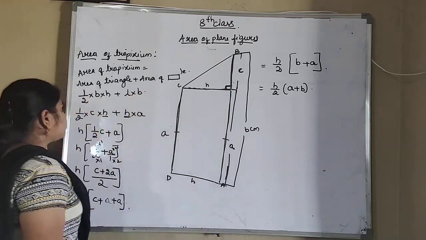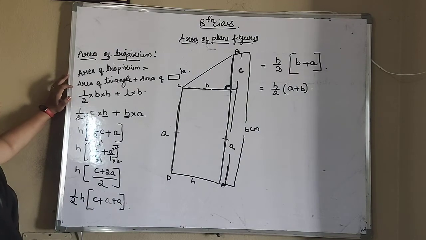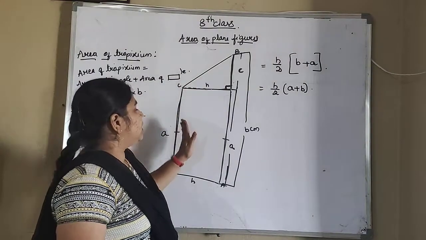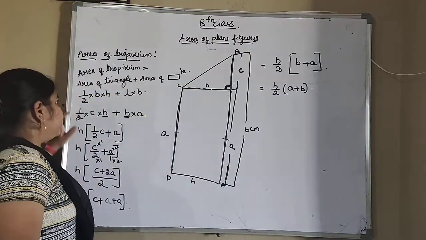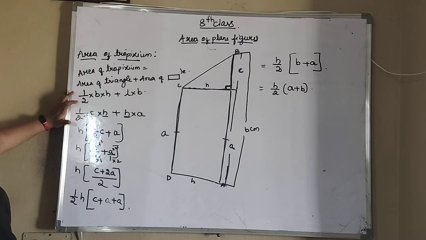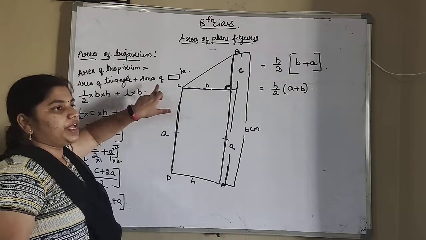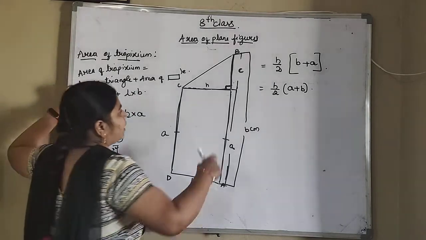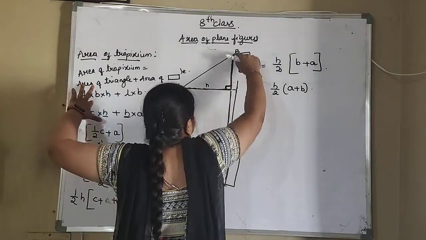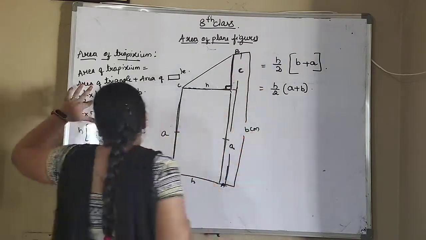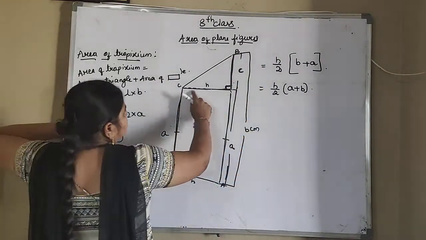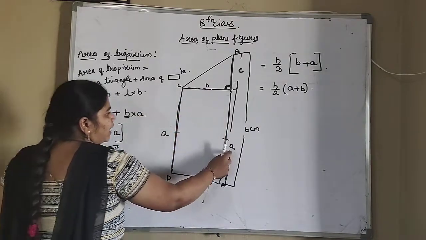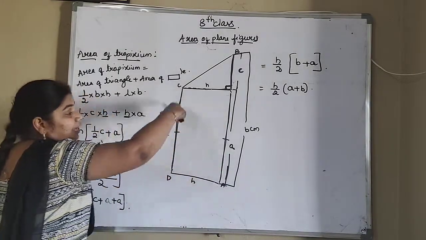Okay. So now area of a trapezium is equal to area of a triangle plus area of a rectangle. So if you add these two figures, then only a trapezium will be formed. So area of a triangle formula is half into base into height and area of a rectangle is L into B. So half I wrote as it is. What is the base of a triangle? For this triangle, what is the base? This is the base, that is C, and height is how much? This one, that is H, plus length value is H and breadth value is A for this rectangle.